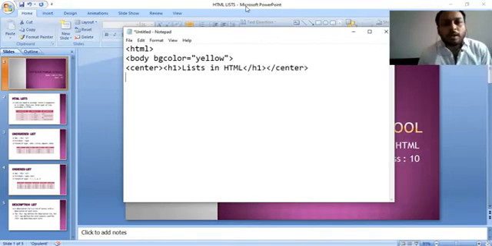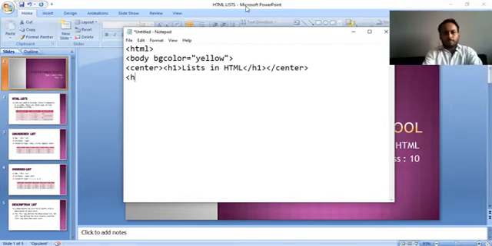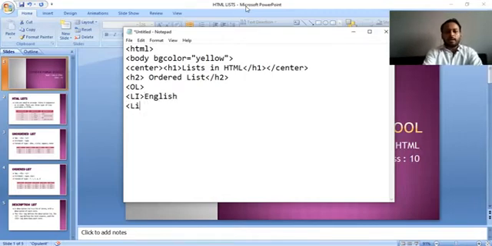Now first we create the ordered list. The ordered list starts with the OL tag, then LI. Now you have to write the list items, like I am writing subject names in English. LI is a container tag, so you can close it, but it's not compulsory.